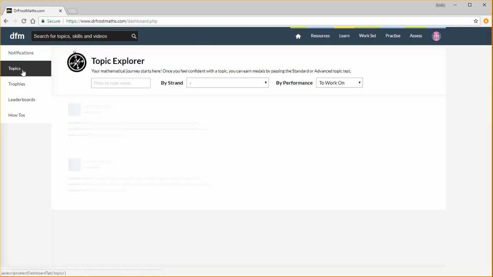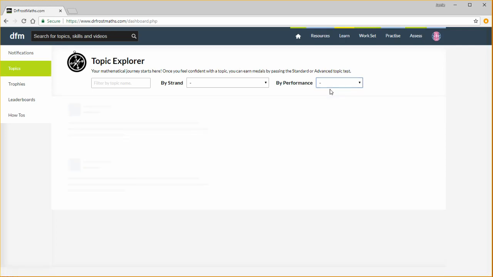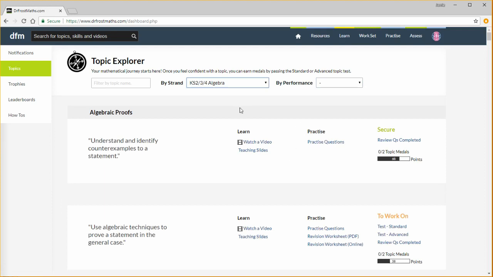Now, this is the Topic Explorer. And if you want to encounter new topics, learn about new stuff, and then practice questions on it, this is the best place to go. So currently it's filtered by what we need to work on. But we could filter by strand, so let's just say we want the algebra topics, and we can see all the topics here. So this first column here is the Learn column,